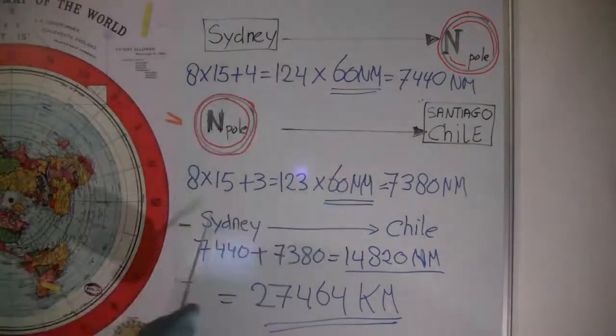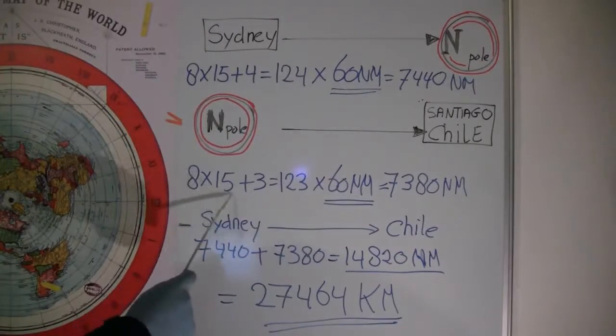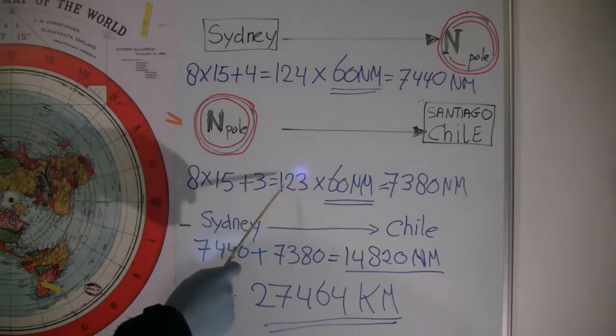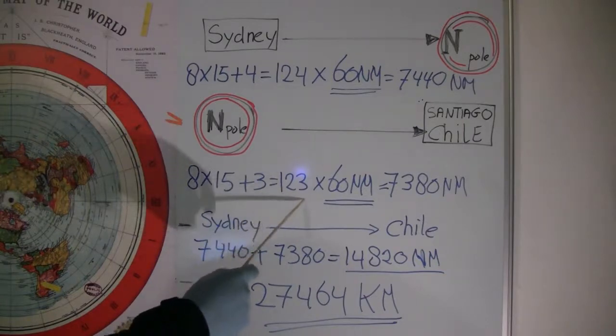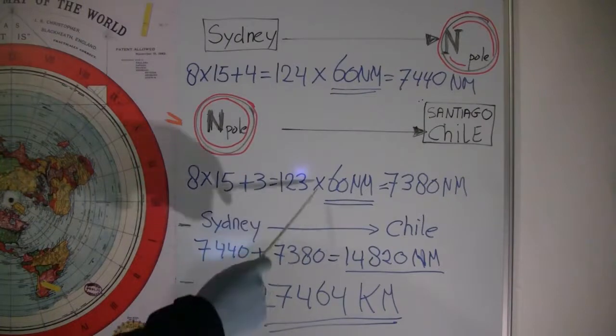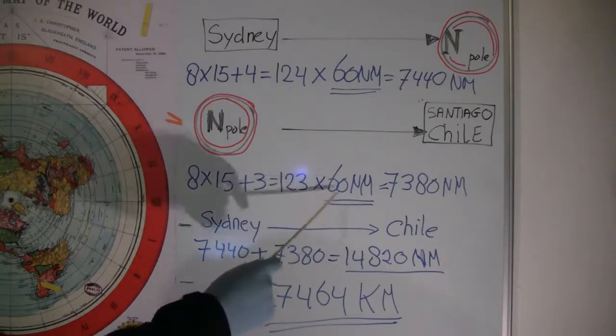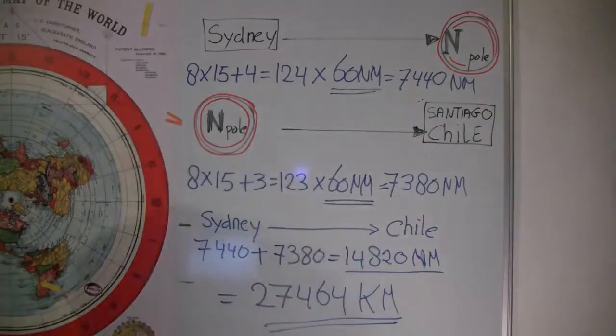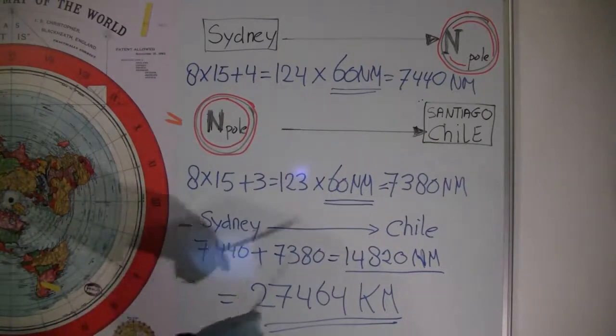The distance is 8 times 15 for the latitude lines, 8 times 15 plus 3 to reach Santiago. That makes a total of 123 degrees. Multiply it by 60 nautical miles and you get the real distance. That's 7,380 nautical miles. So the total distance from Sydney to Chile is